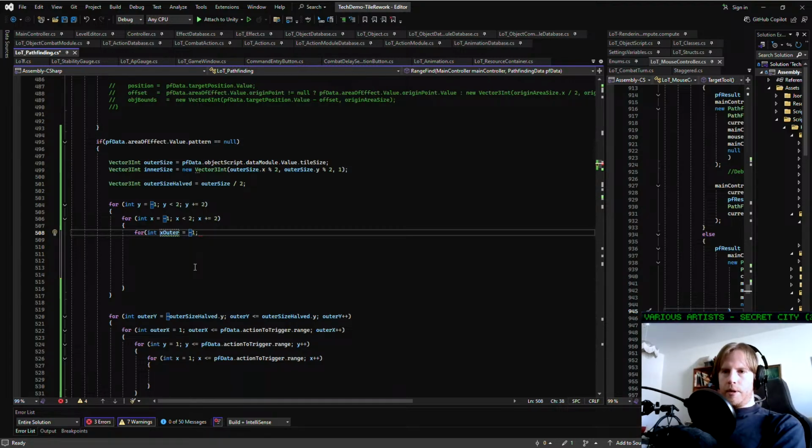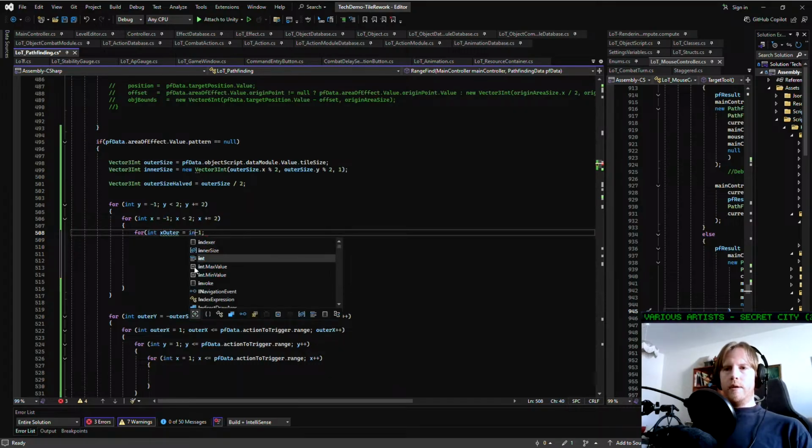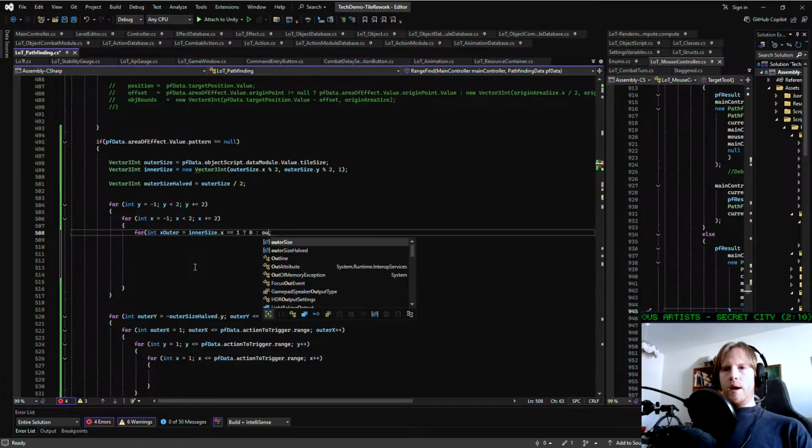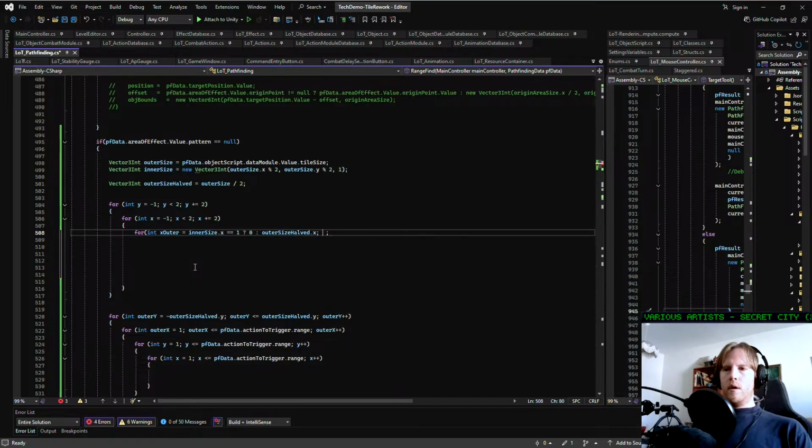I feel like it needs to be a little complicated here. It's going to have to be something like: int x outer equals, if inner size.x equals 1, then this needs to say 0, else it's going to be outer size halved.x. And the limit is going to be